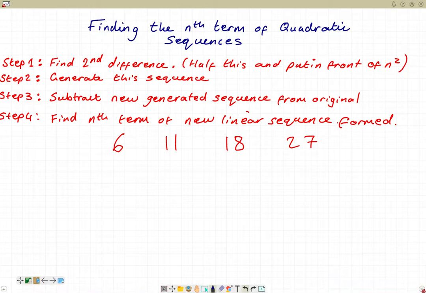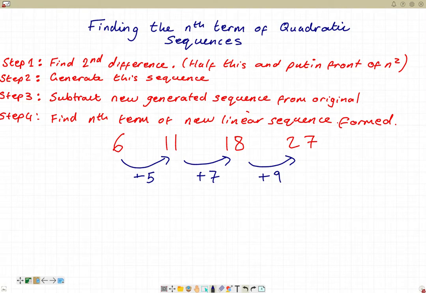Step one, I have to find the second difference. The first difference between each term: 6 and 11 is plus 5, 11 and 18 is plus 7, 18 to 27 is plus 9. So that's the first difference. Now this is the second difference and it should be the same. How do I go from 5 to 7? Plus 2. 7 to 9, plus 2. So the second difference